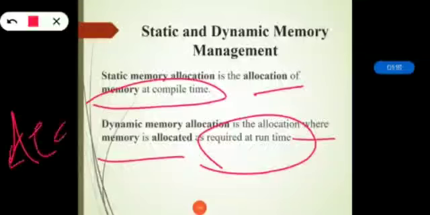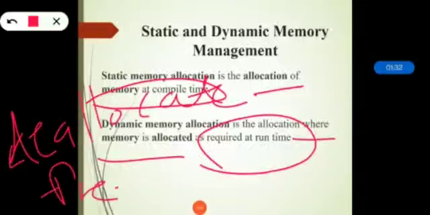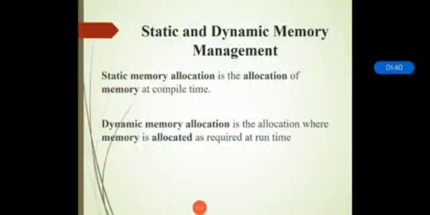Now talking about dynamic memory, we can use the memory whenever it is required, and because of that we can deallocate the memory in dynamic memory, which is also called dynamic memory deallocation. So when we are trying to deallocate the memory, then we should use only the free function. By using the free function we can directly deallocate the memory, that is, the dynamic memory deallocation.